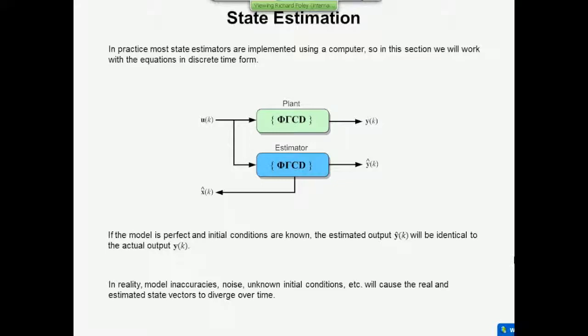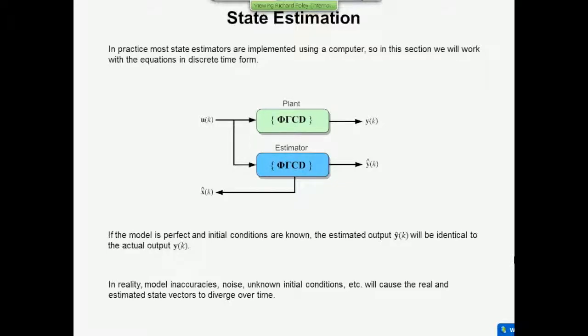So what you've got is an estimator, which in principle is a model of the system. And if you've got perfect knowledge of these matrices, it behaves in exactly the same way as the real system does, and therefore y hat and y are going to be exactly the same number, and x hat is going to be the same as the real, but invisible x, which exists inside the system description. The problem is that you don't always know what phi, gamma, C, and D are, and you don't always know, and this is just as big a problem, what the initial conditions of the system are. You don't know what the initial state is because you just don't know it. So why should it be that this state vector should be correct?